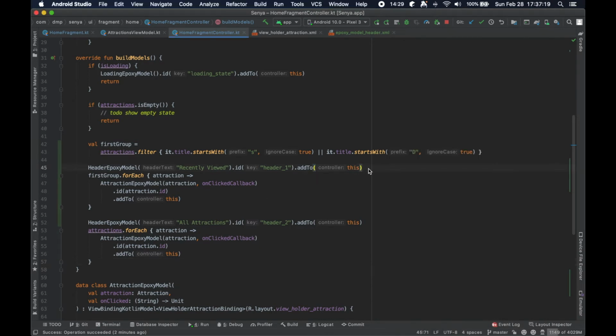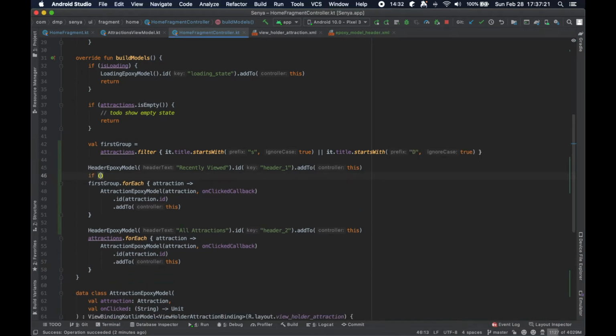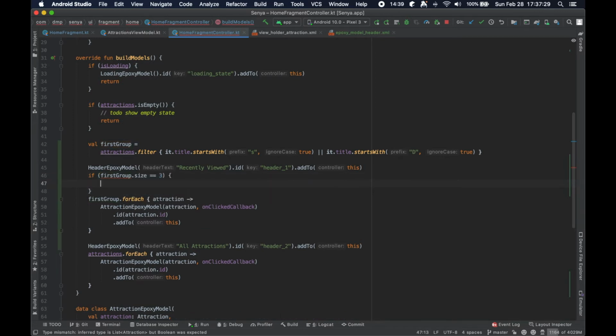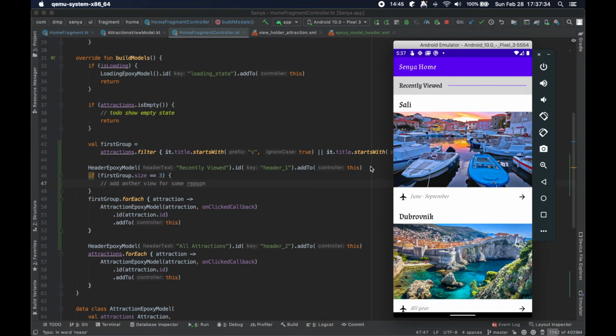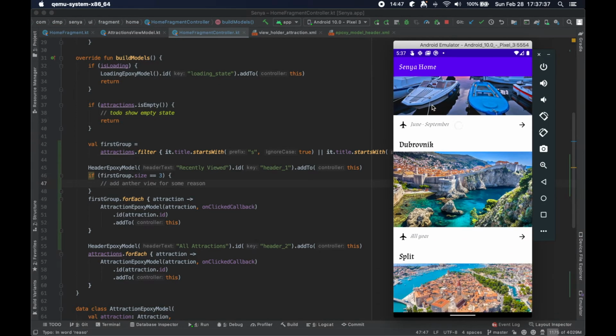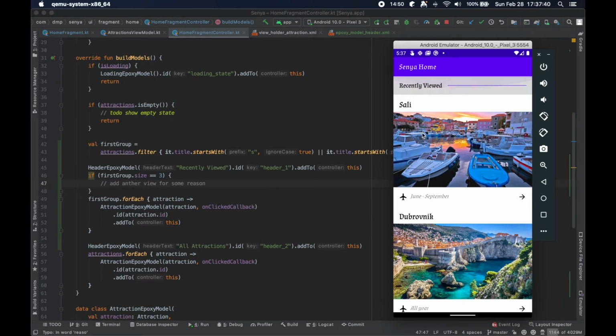You could have something here that says if first group dot size equals 3, add another view for some reason, and then in this case there are 3 elements in here, so the view that you end up adding would come in between this recently viewed and then this one here. So it's just a brilliant way to describe your UI, because if for some reason we add a new element into the attractions list that now starts with an S as well, and now there's 4 things in the list,